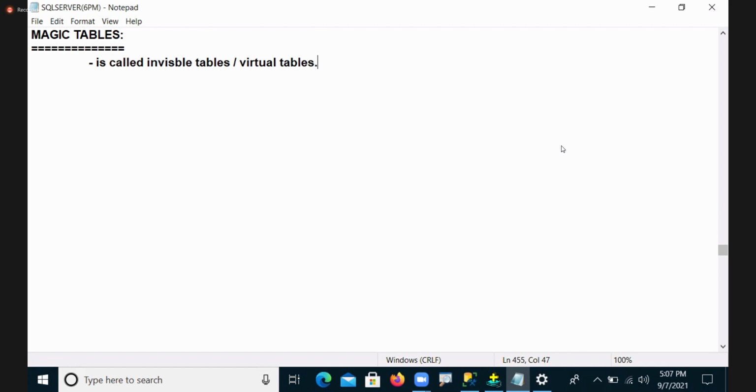They exist just for a period of time. These tables are used to store, or instead of store, I can say holding, because they are holding one